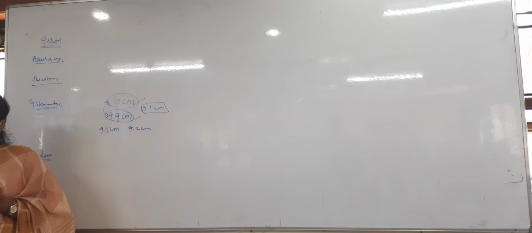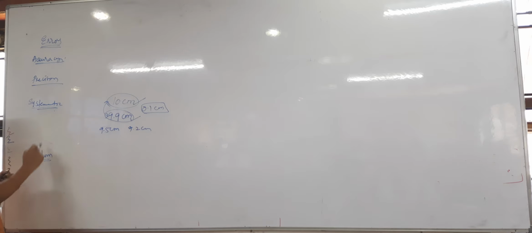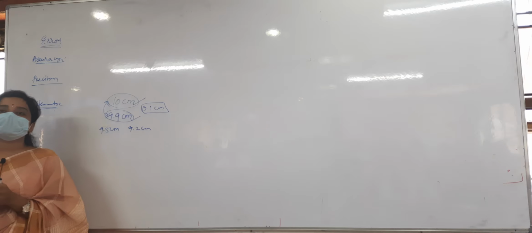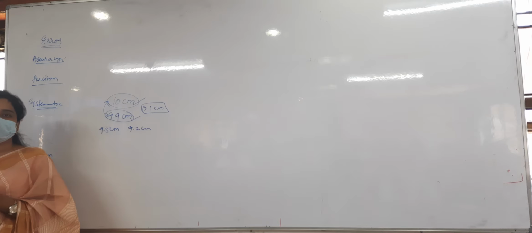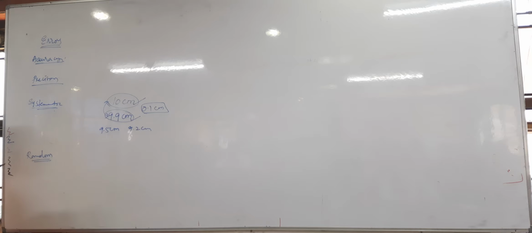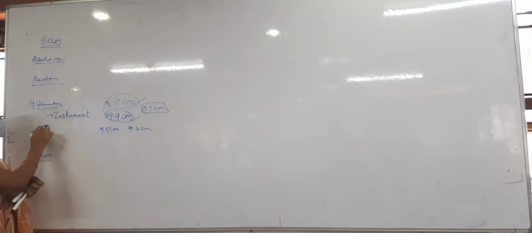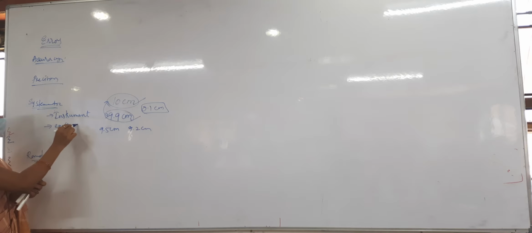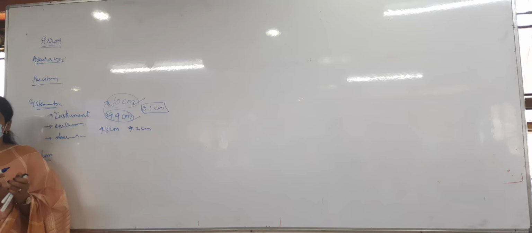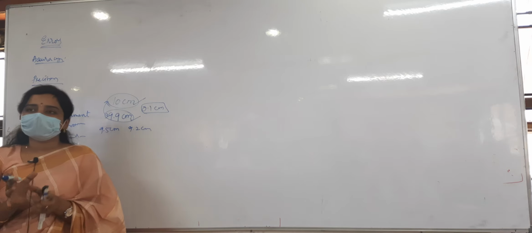In errors there are two types: first systematic errors, and then random errors. With systematic errors we can get to know the reason for the error, how we got the error, and we can correct it easily. The first is the instrumental error, due to the instrument. Due to the environment we also get error. And the next one is observational error. So systematic errors are those where we can find out why we got the error.